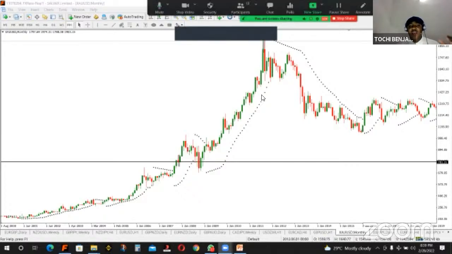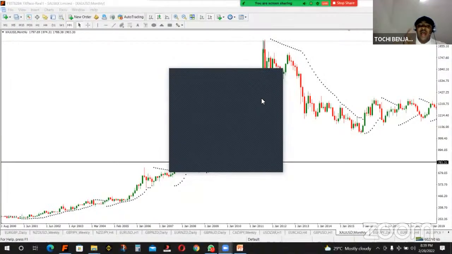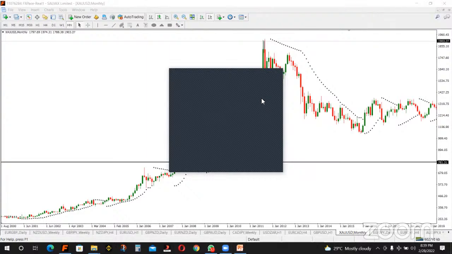At that point, if you are a day trader or a swing trader, you are advised to stay clear from the market. But if you are a scalper, then you know how to trade it. You just need to mark your borders, your high and the low within a particular period, then go to a lower time frame and start buying and selling within a short period of time. That is how to trade the ranging market. But that's not what we're talking about. We're talking about moving average.